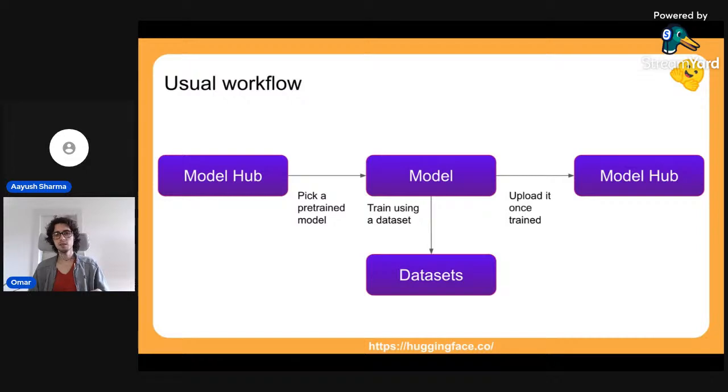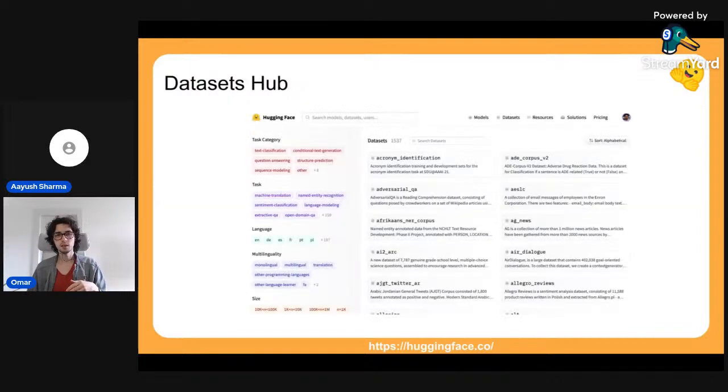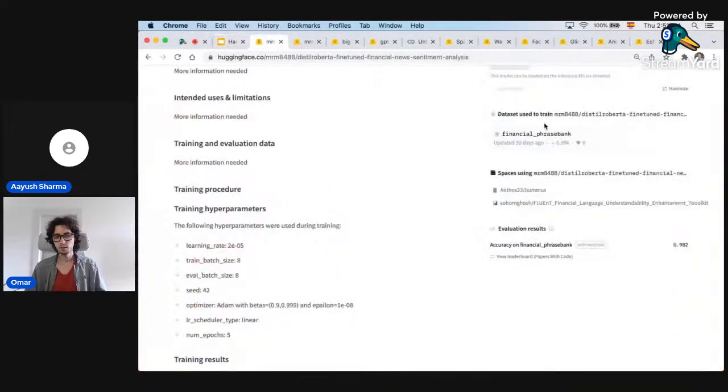And the hub has three verticals. The first one was models, but actually the second one is datasets. So in the Huggingface Hub, we actually have datasets as well. We have over 2,000 datasets by now. We have datasets mostly for NLP, but growingly in the computer vision and audio domains. So for example, Common Voice, which is a very famous audio dataset, you can also find it in the Huggingface Hub. Actually, let me just go to the hub and show you.